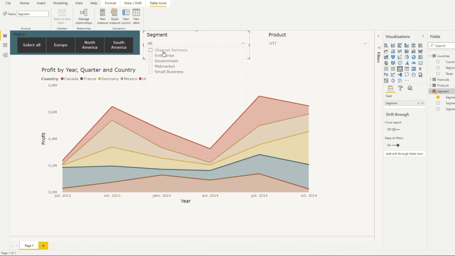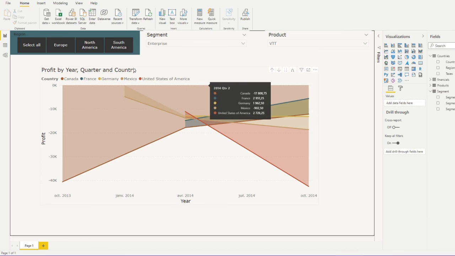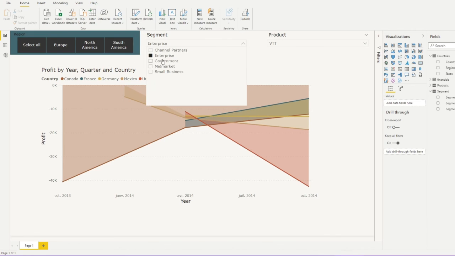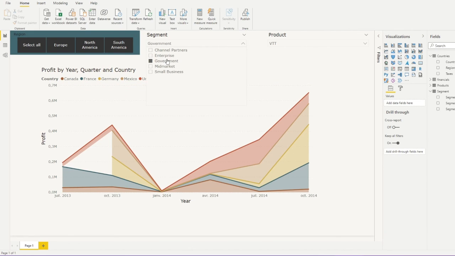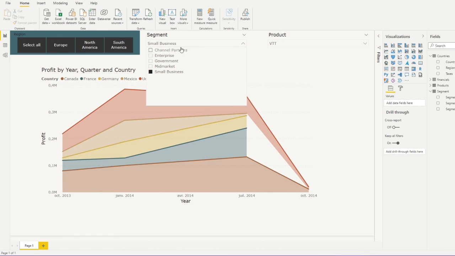And let's say that we want to see what enterprises do. We see that we lose money on it, which is interesting. What is government doing? Well, a little better. And mid-market, and finally small businesses. So